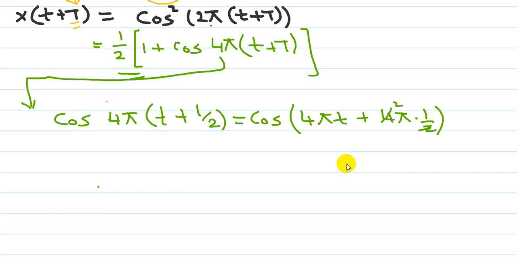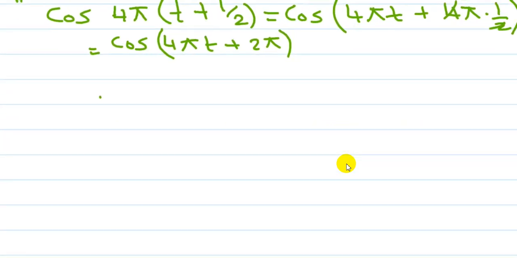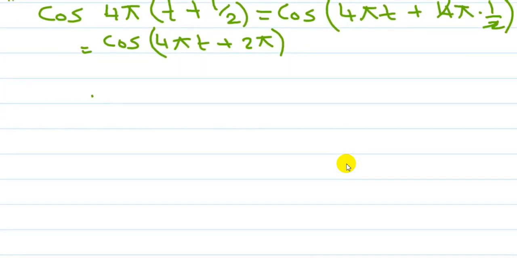So I will have cosine 4 pi t plus 2 pi here. In general, for cosine of any angle plus 2 pi, I'm going to end up with the cosine of the angle directly. But let us solve it. You already know that there is an identity here. This is basically like cosine